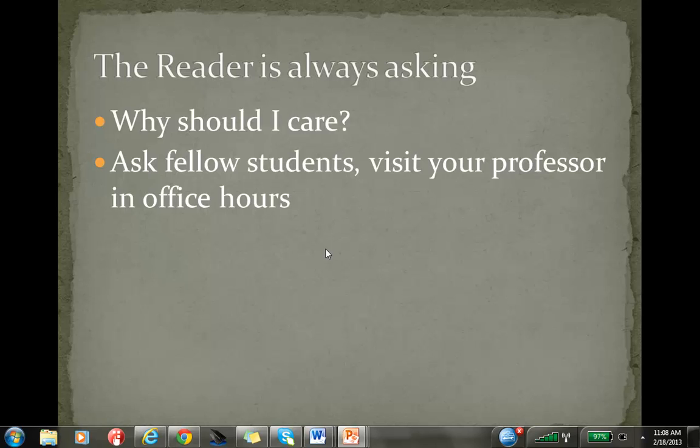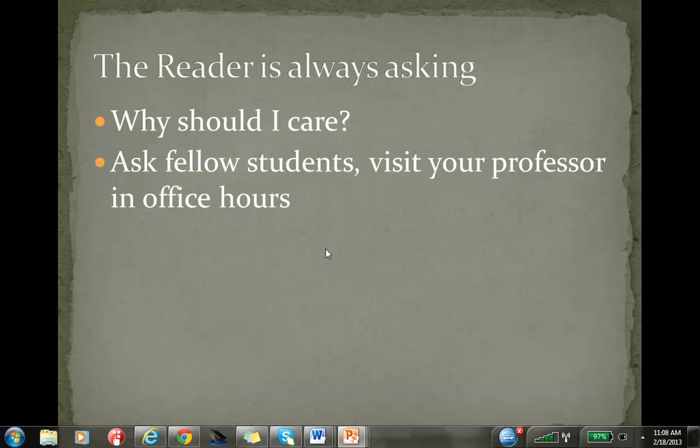Whenever you make a claim, you've got to think about the reader. And I want you to think about this when you're reading Peggy Ornstein's article, What's Wrong with Cinderella? Because many people have different reactions to this essay. And it's important for you to think about your reaction and why you have it, because you're the reader, you're